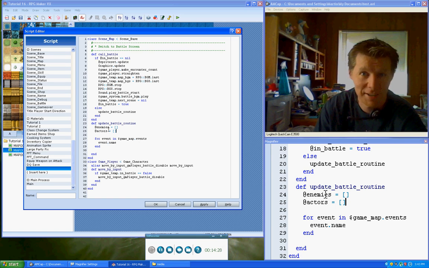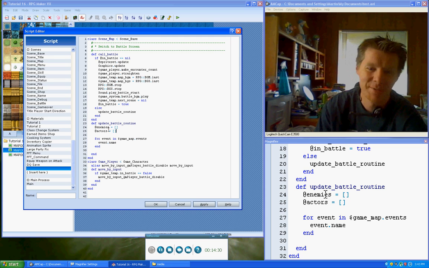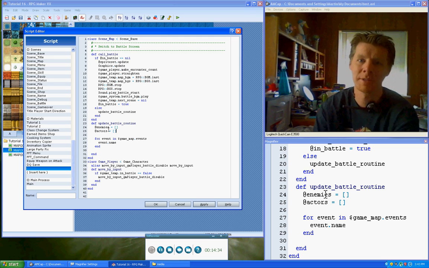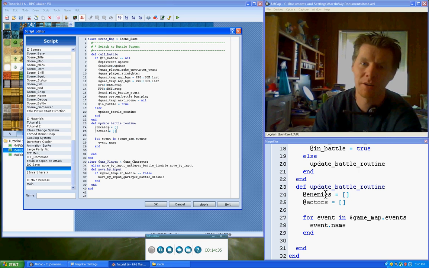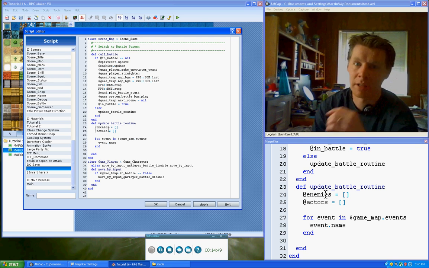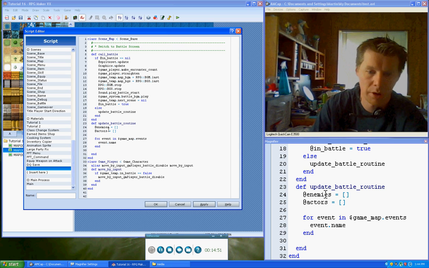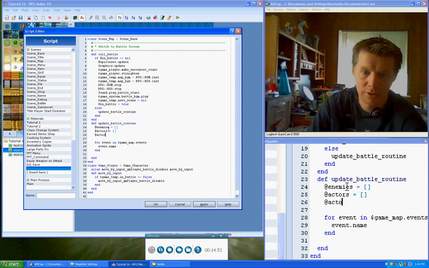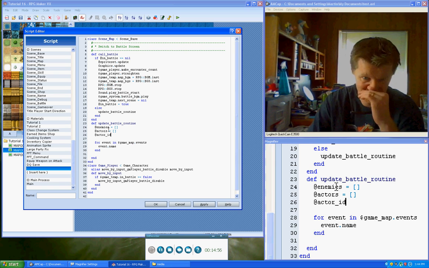Sorry guys, I'm trying to think of this as I go. So basically what we need to do is we know our actor is there and they're visible. The problem is that which actor are they? We don't know. All we know is that actor 1 is the leader. So if actor 1 is really ID 12, then we need to have something to translate that and tell us which actor that one really is. So what we're going to do is have an actor 2 ID,